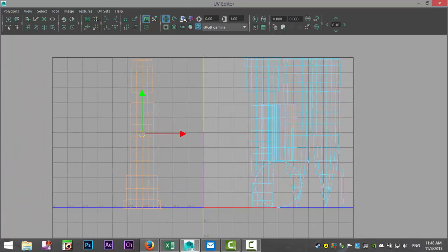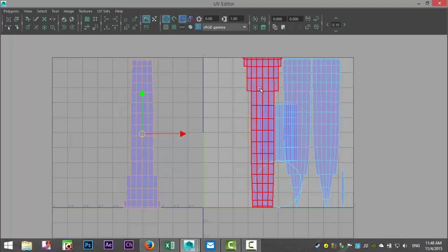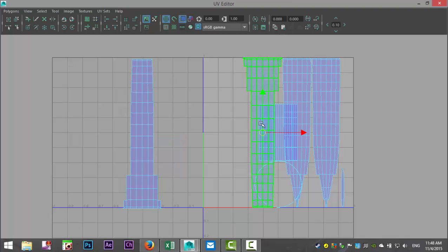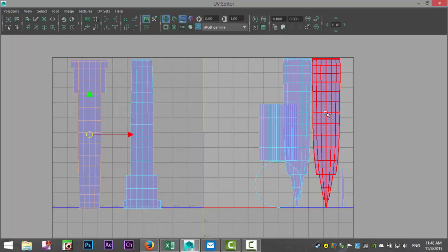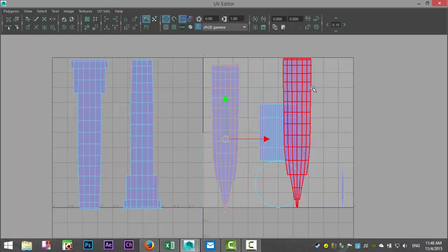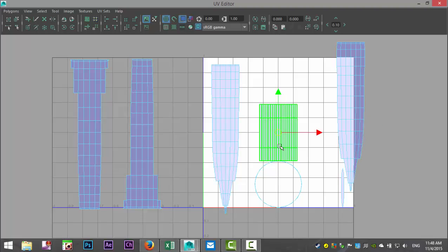And let's see if we can make this a bit more visible. Okay, so I got that. I got this guy and these two. So I'll just kind of move them out of the way. And this right here, we don't really need that, so we're going to move it out of the way.